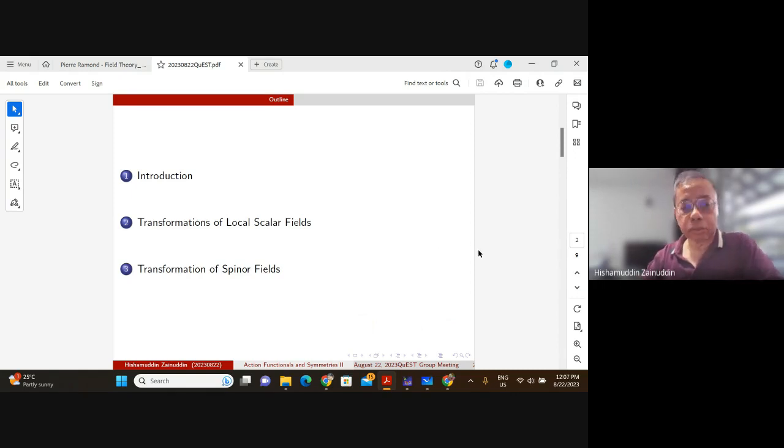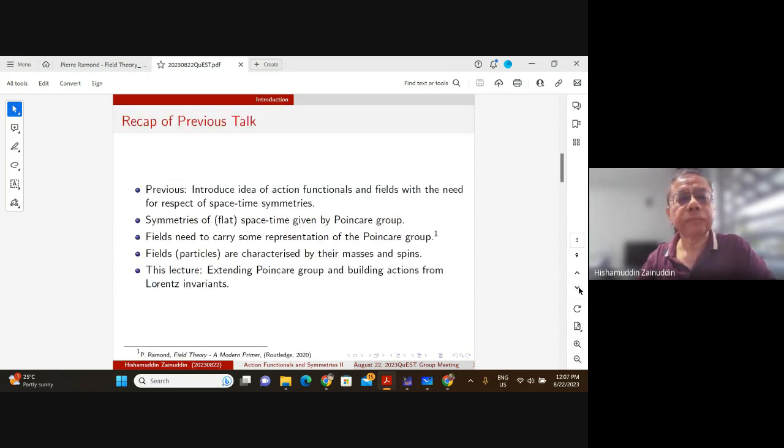So we'll be looking at the local scalar fields and then the spinor fields. This is where I had trouble typing it up, so if we want to finish off, we'll probably continue on the whiteboard instead. Okay, let me just go to